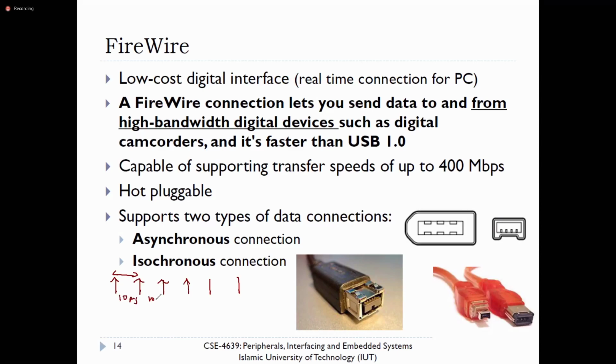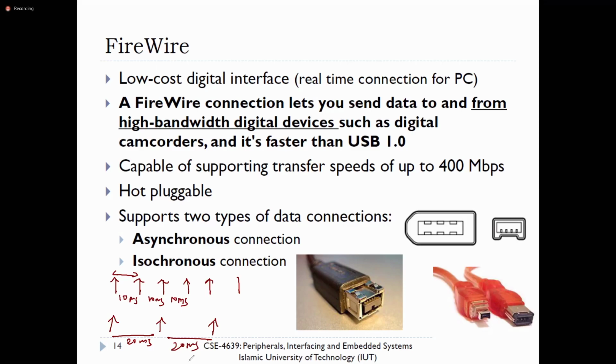So every time it maintains the 10 milliseconds, and it's a synchronous communication pattern. But let's say the data transfer rate is a bit low, with a lower speed. So it means it has a 20 millisecond interval. This is called isochronous connection or isochronous data transfer mode, where